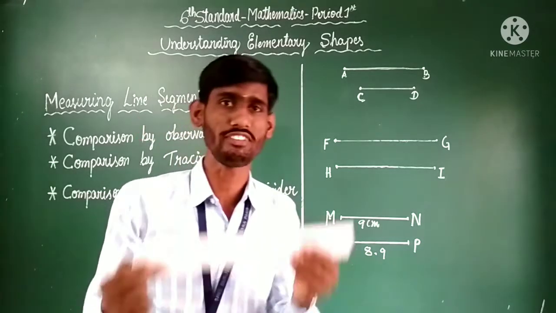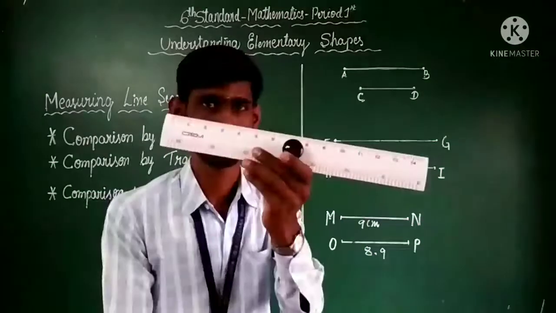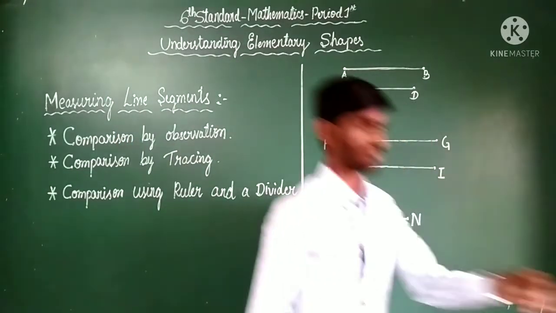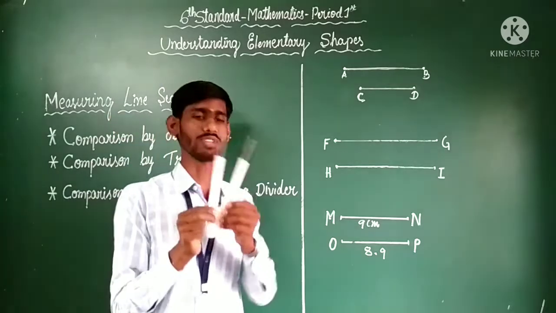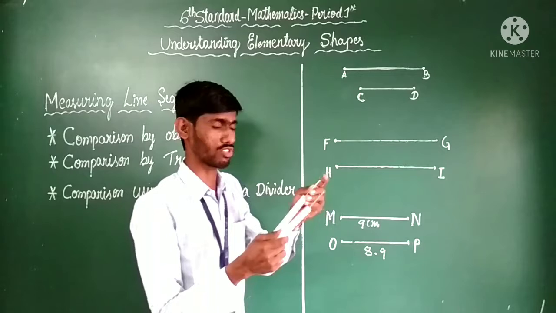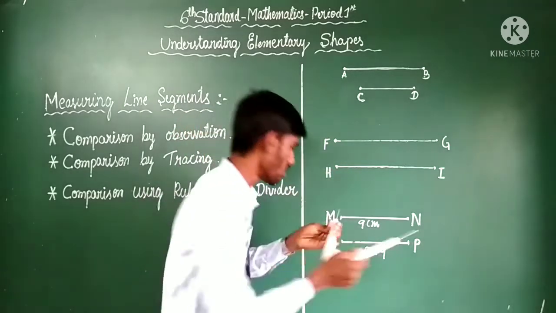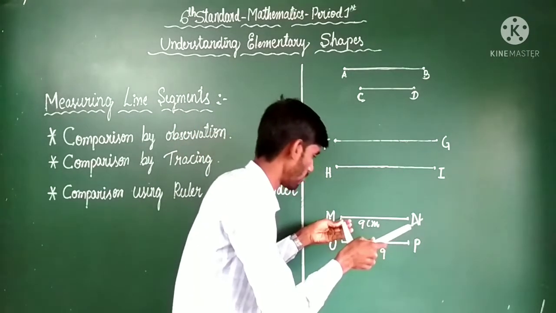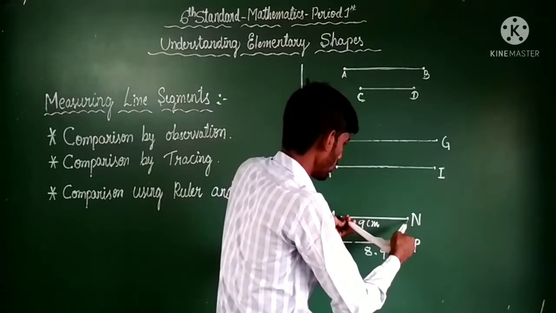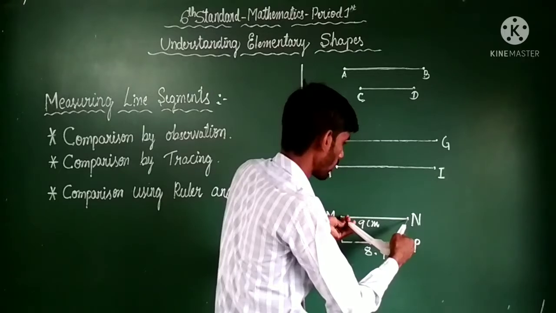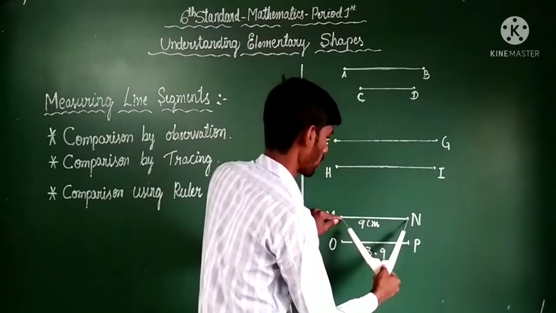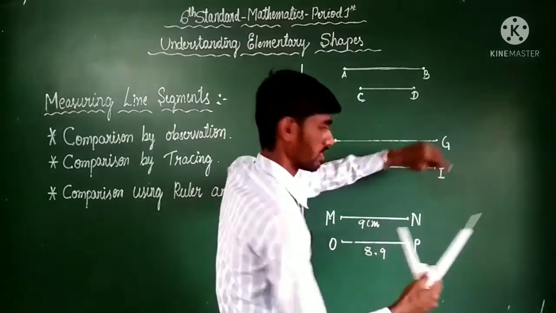Sometimes it's too difficult to find out a measurement by the help of a ruler. So the divider helps a lot. Dear children, take a divider. This is the first sharp edge. This is the second sharp edge. First sharp edge you place at the first point, and the second sharp edge you reach to the second point. Observe here. This is the first sharp edge, this is the second sharp edge. Yes, this is the distance.